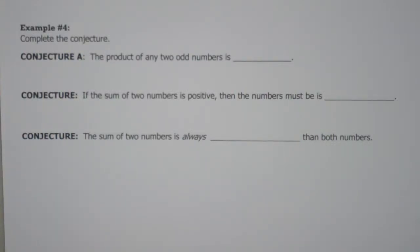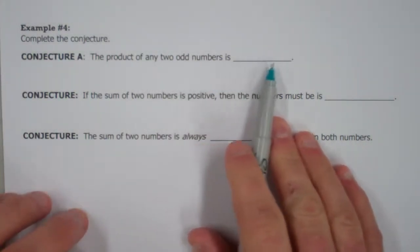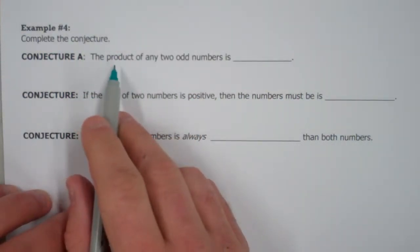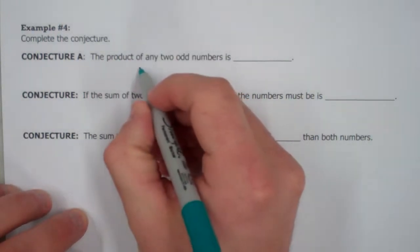In this example, we need to complete the conjecture. The product of any two odd numbers is something. Well, let's just see what happens if we take the product of any two odd numbers. So product means multiply. And any two odd numbers, well, let's go 3